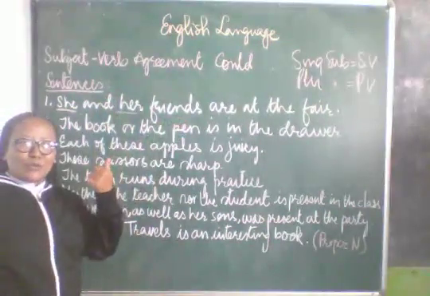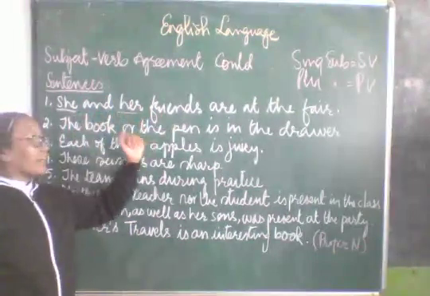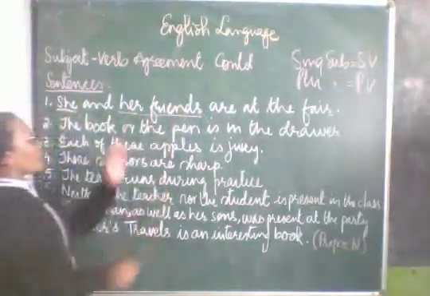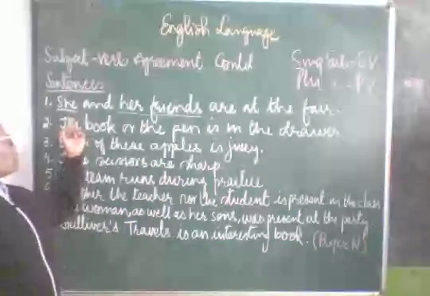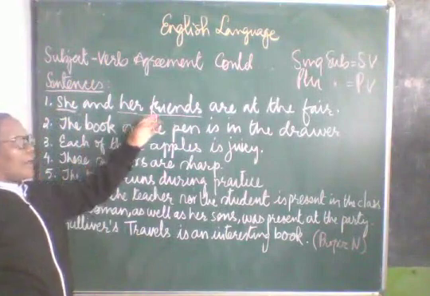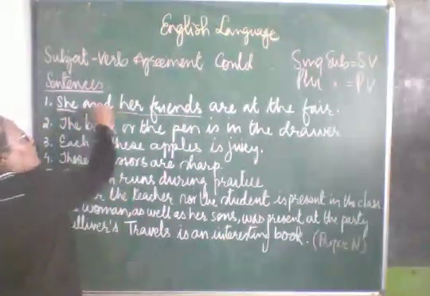One and one, two. She is a pronoun and friends is a noun. Many. So these two subjects are